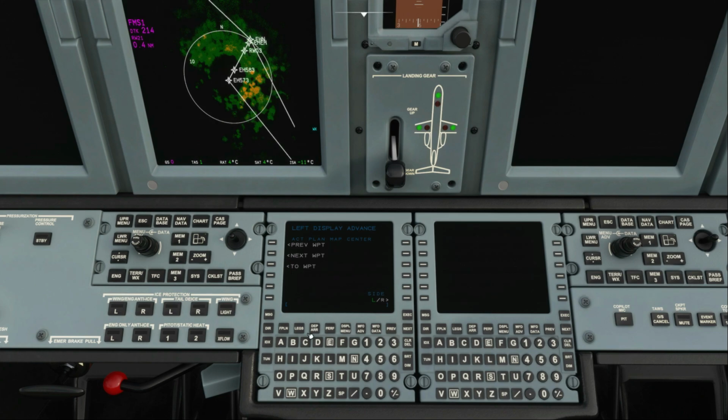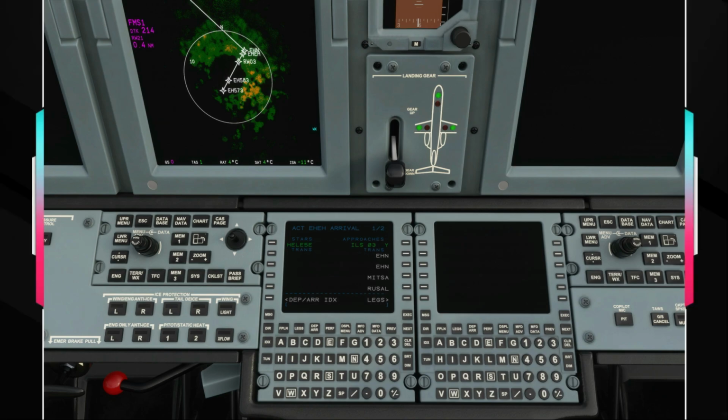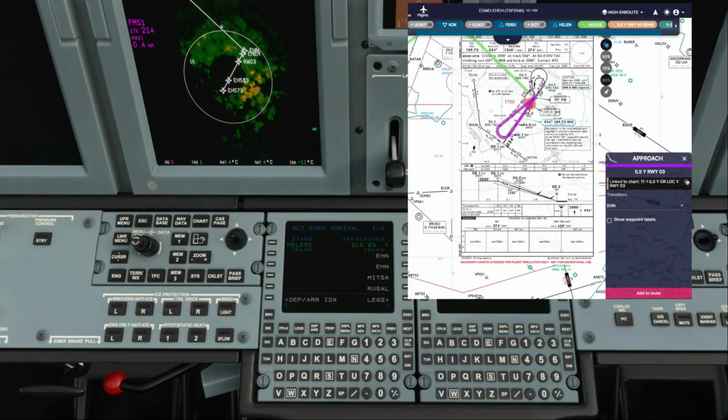Let me go to the departure arrival page and let me get rid of this, and that will make more sense when I show it to you like this. And I will also display the approach chart here in a second through Navigraph. Let me just get that on the screen so that we can take a look at this side by side. As you see in the Navigraph chart,